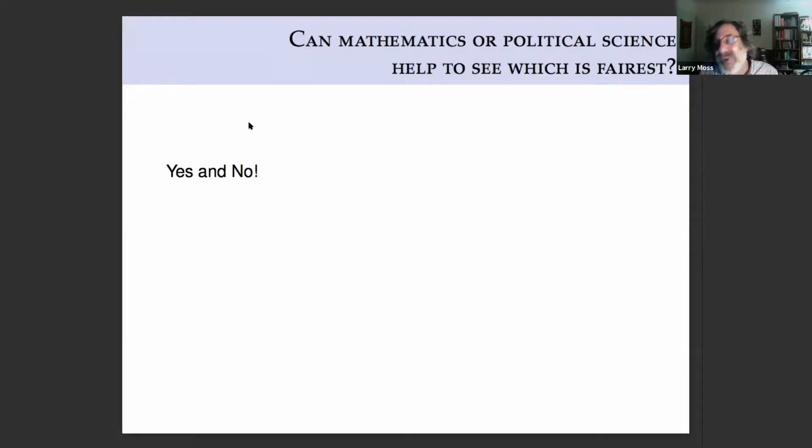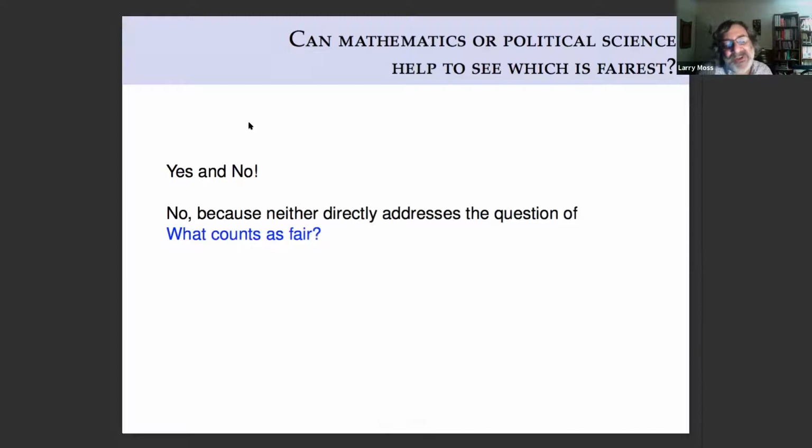So, to go back to this question about math or political science and fairness, there are ways in which it does and ways in which it doesn't. So it's fair to say no, and it's fair to say yes. The no answer is that neither the math nor the political science is really about the question of fairness